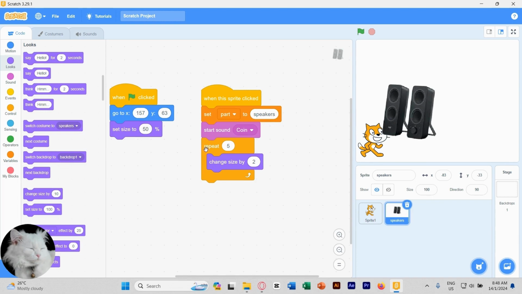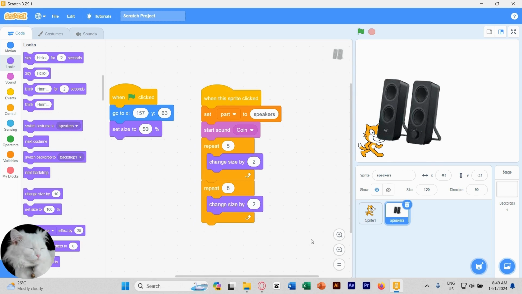We're gonna duplicate it. So right click on repeat. Okay, and then can you see the duplicate? So what happened is when you click duplicate, you'll have another one. See, I'm not clicking on anything, but the duplicated blocks remain at my mouse or cursor. Okay, so let's join them. So once you click, it will be together. But we don't want it to change size by 2. We want it to be -2. Okay, and then